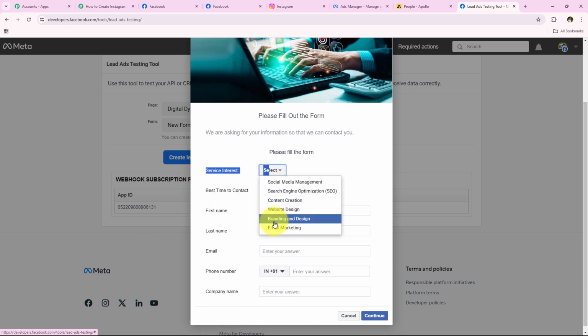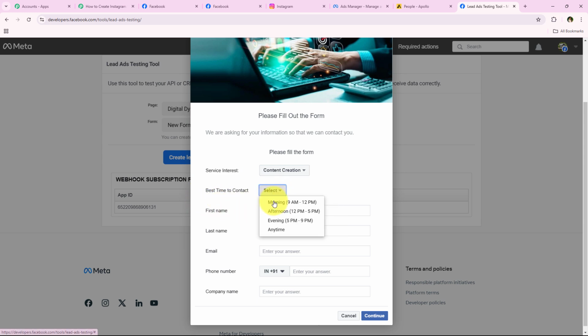It is saying service interest, so for that I'm going to select content creation. For the best time to contact, I'm going to select afternoon. For the first name, let's say I'm going to keep it as demo right over here. For the last name, I'm going to keep it as lead. For the email, we are going to keep it as